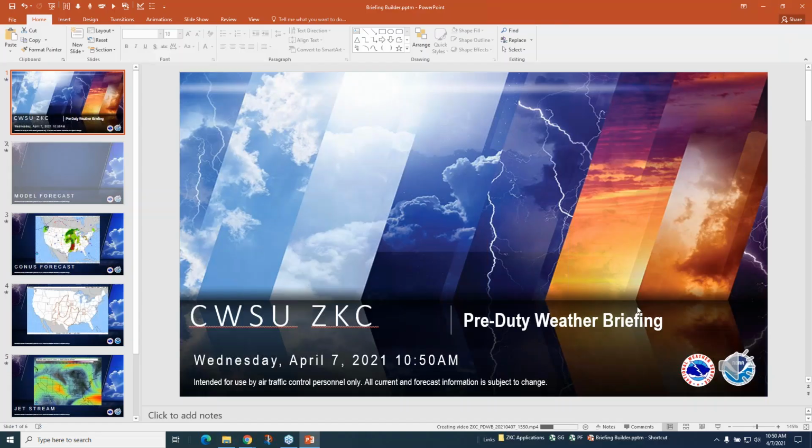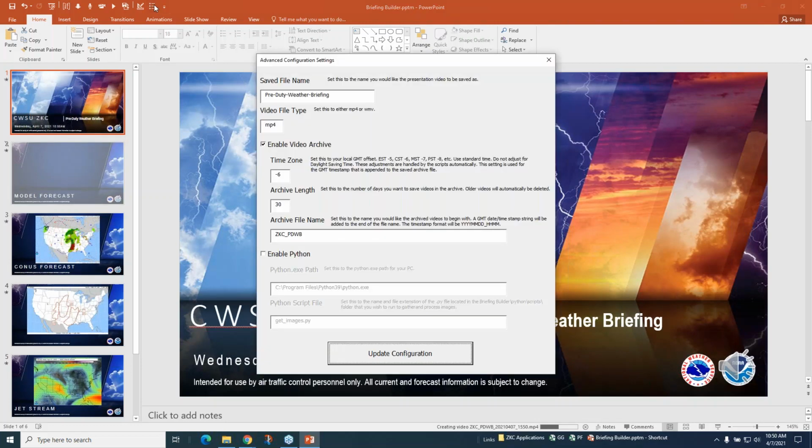The next thing, which to me is the most exciting thing, being kind of a computer programmer, is being able to utilize Python. So we'll go back into that configuration setting, and you can enable Python. And I have documentation in the Google folder that goes through how to set up your basic Python install, and also some guides to some of the scripts that are included with the briefing builder. I'm going to show one of them here quickly. But you'll set the location of Python on your PC, and then also the name and file extension for the Python script you're going to run.